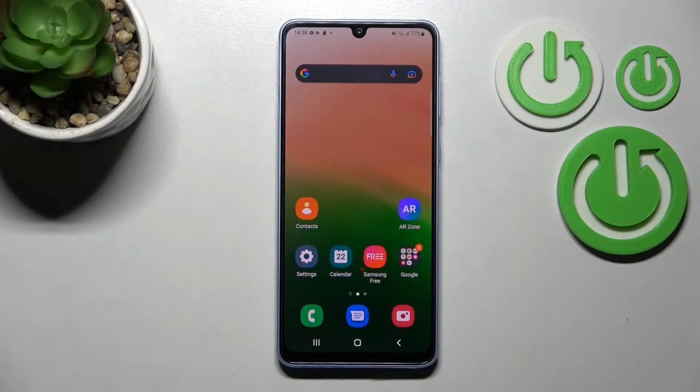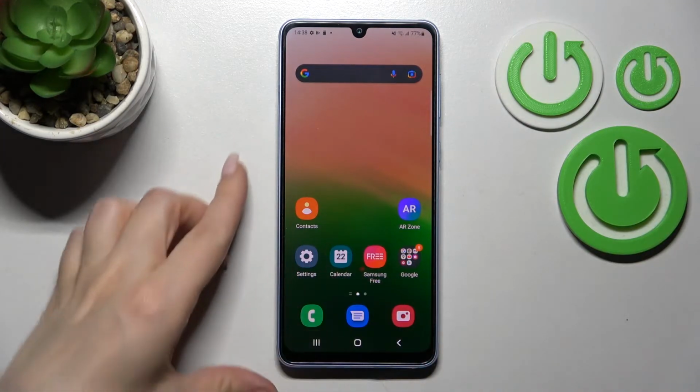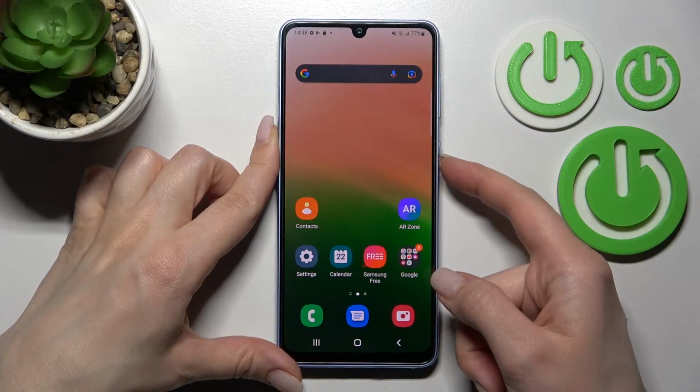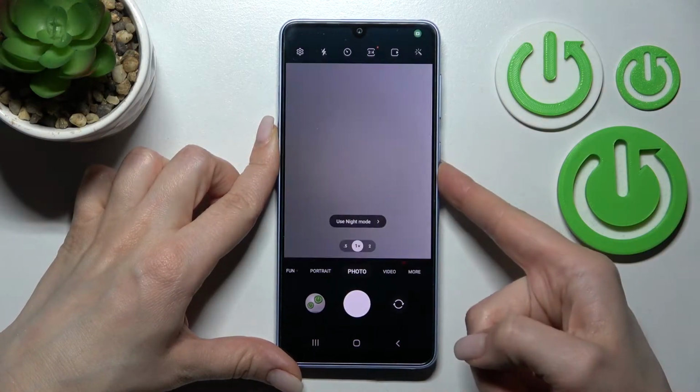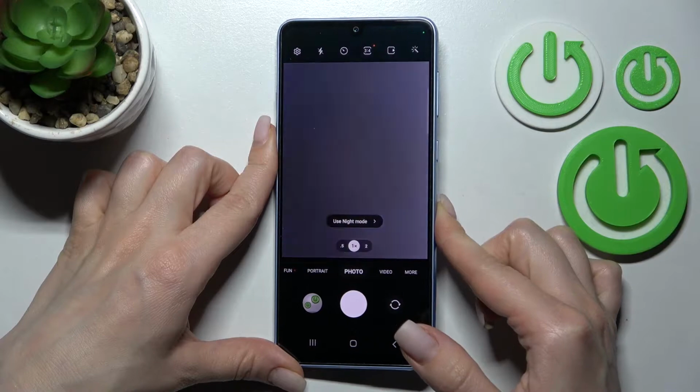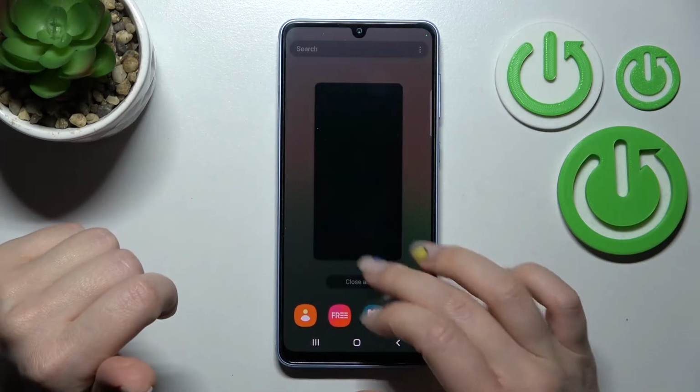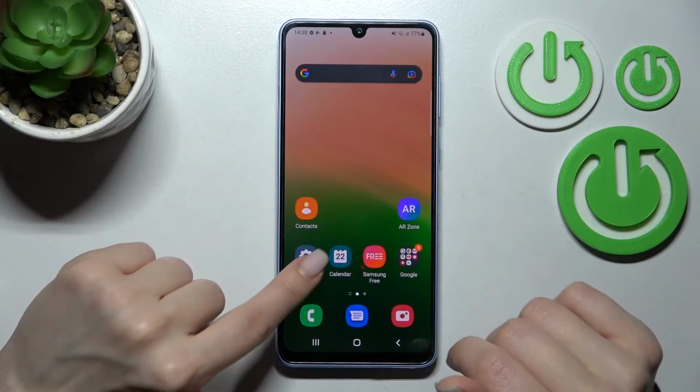Welcome, today in front of me is a Samsung Galaxy A33 and I'll show you how to disable quick launch on this device. So now, as you can see, by double pressing the power key button on the right side of my phone, we can activate the camera application, and if you want to turn off this feature, we should go into